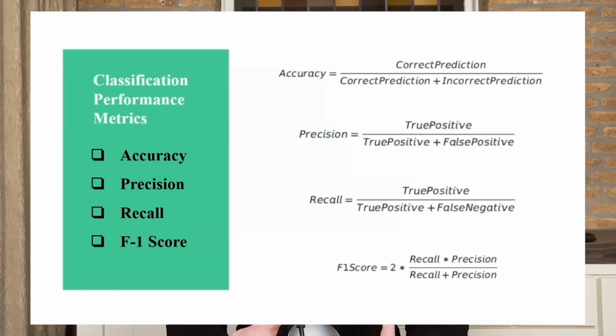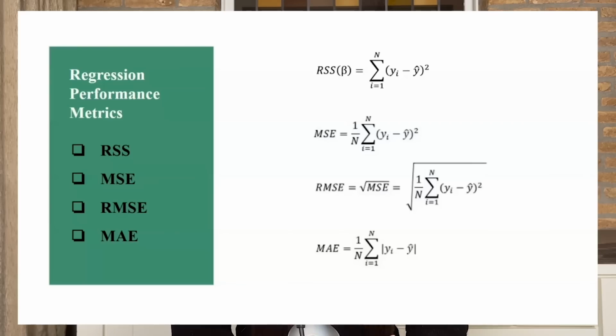But you can also use the F1 score, so F beta score. You can use the precision, recall. Beside this, in case you have a regression type of task, you can also use the mean squared error, the MSE. You can use the RMSE, you can use the MAE. And those are all the ways that you can measure the performance of your model every time when you are